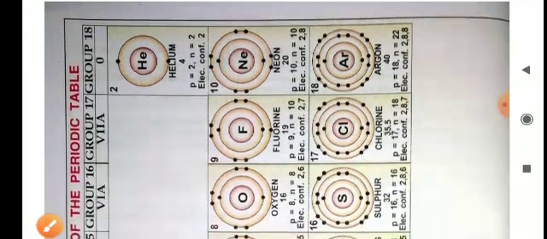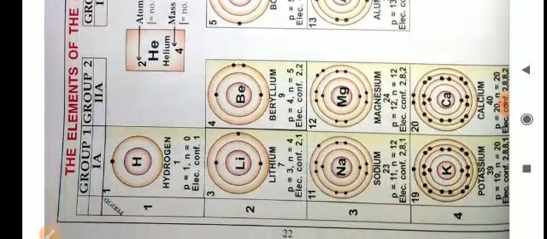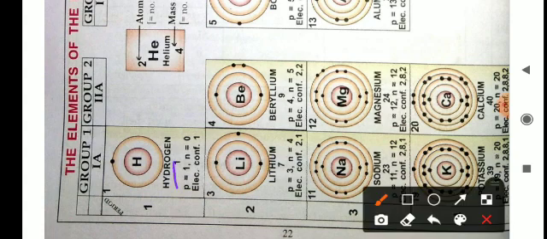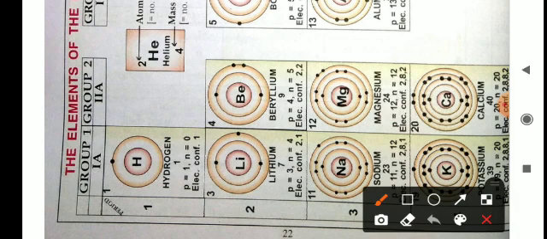Okay, there is a list you can see here. These are the elements in the periodic table with their electronic configuration and atomic numbers. For example, hydrogen has atomic number 1. In hydrogen, the number of protons is 1, neutrons 1, and the electronic configuration is only 1. Like that, beryllium has atomic number 4, protons 4, and neutrons 5, and it has the electronic configuration 2, 2. This way you can calculate the electronic configuration of any element.